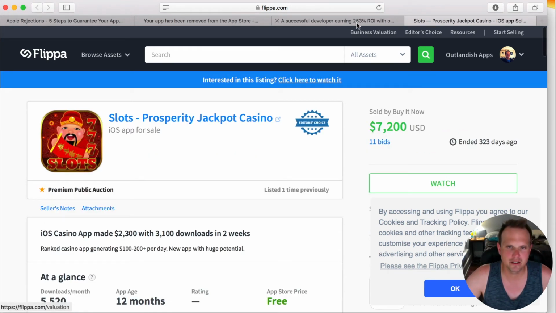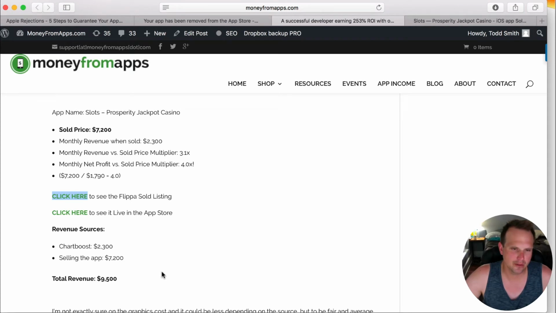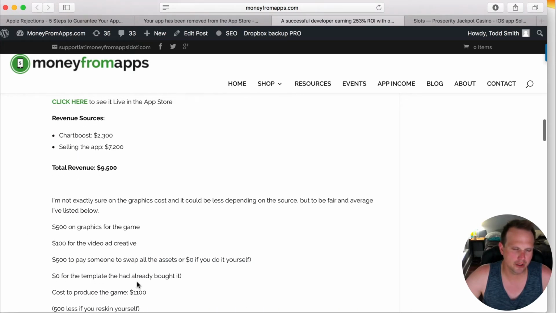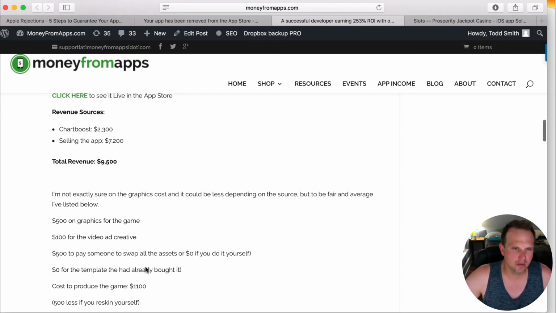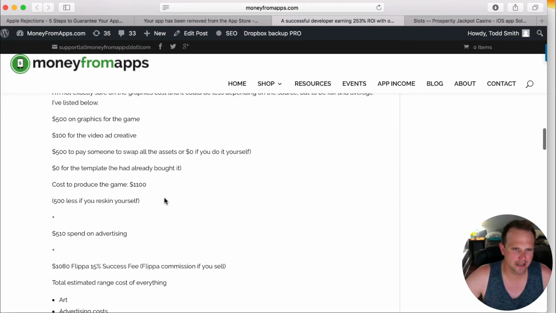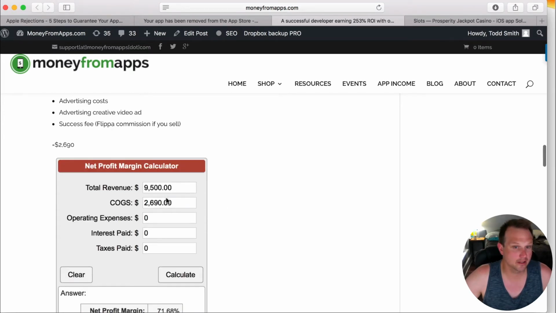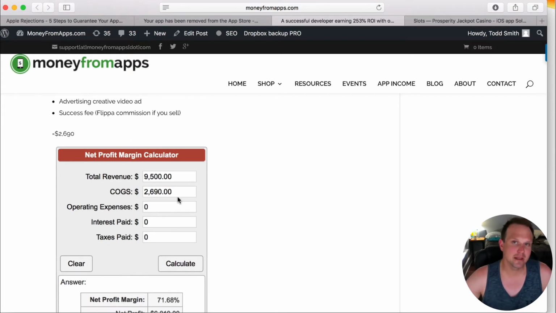These people are spending a considerable amount of money. He's already earned money. You can see here, like this app, he brought in the price of the app that was sold plus his revenue. He's almost at 10 grand. Now he kept doing this because it made sense. He was able to make a little money and pay for his time. He was providing an awesome service.